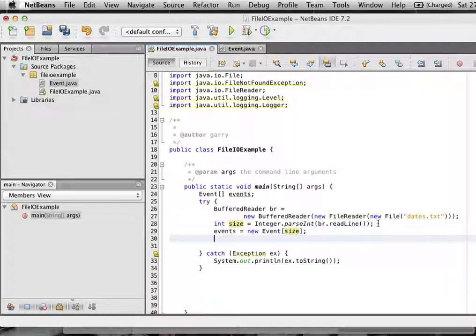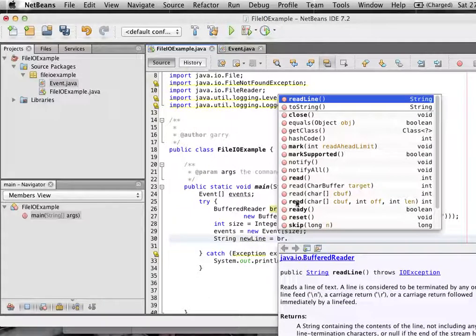Because we've been given the size of the array, we could just have a for loop here and loop round for i equals 0 to less than or equal to size. But I'm going to use a while loop because that's the more standard way of dealing with things, and it stops you reaching the end of the file. So I'm going to do String newLine equals br dot read